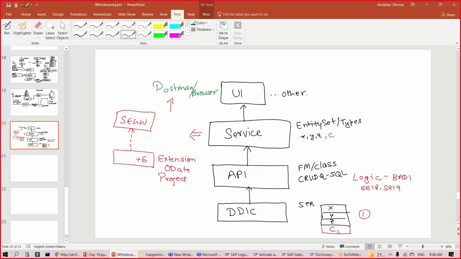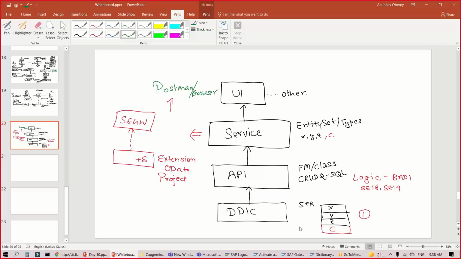So I will not propose a hands-on here, because if we all try to change the same DDIC structure with our append include, eventually we all will end up leaving the structure in an inconsistent state. So for now, just understand this part, only I will do it, and the rest of the hands-on part you guys will do. So here we have done this.